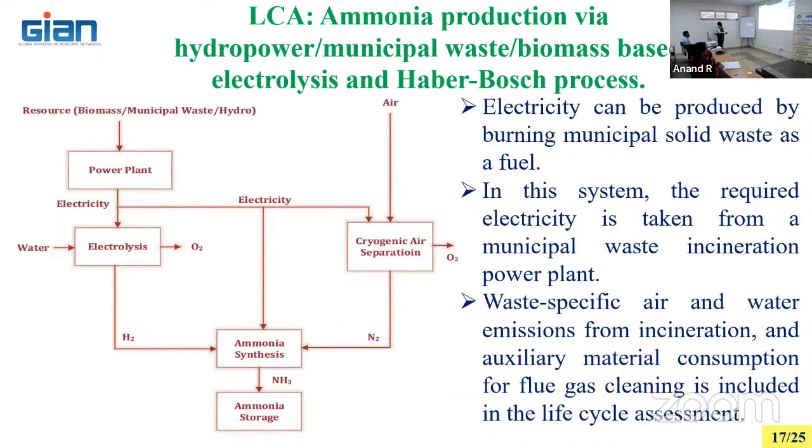Biomass you take either to the thermal power plant or to the gasifier or pyrolyzer, where you are able to produce other products. Then you are able to produce the power. Okay. So ultimately here the input power comes out. First one is nuclear. Next one is from the biomass or municipal waste or hydro. So whatever inputs are entering in the form of energy, the outputs also come in terms of mass, in terms of energy, and also in terms of emissions. Other things remain.